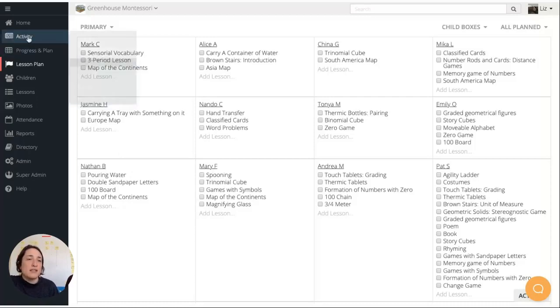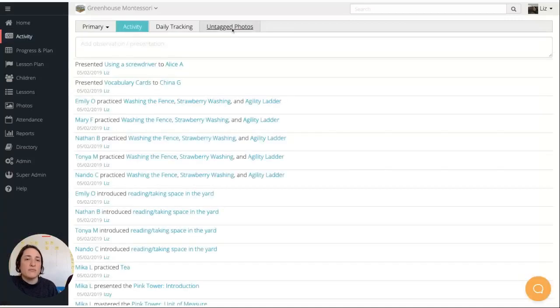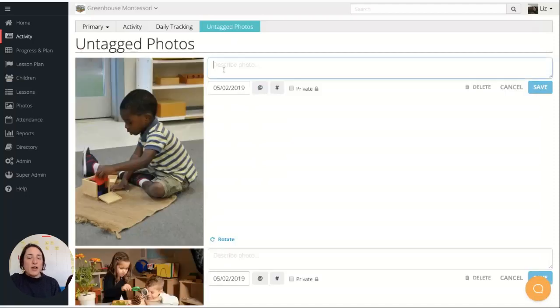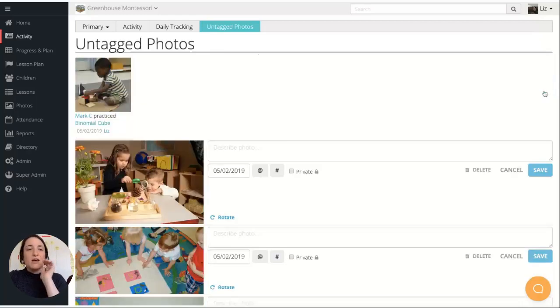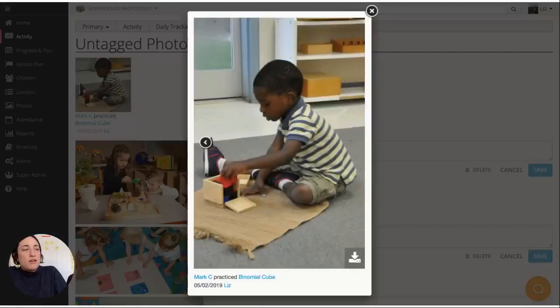So if we go back to the activity page and we go check out our untagged photos, let's see what's here. Oh, great. So I'm going to take this picture of Mark. I'm going to use the @ sign to find his name, and then it looks like he practiced the binomial. And I could add more notes, but I'm happy with that, and I'm going to save it. And when I save that, a couple of things are going to happen. Mark's progress is going to be updated as practiced with this lesson, and this photo is going to be saved